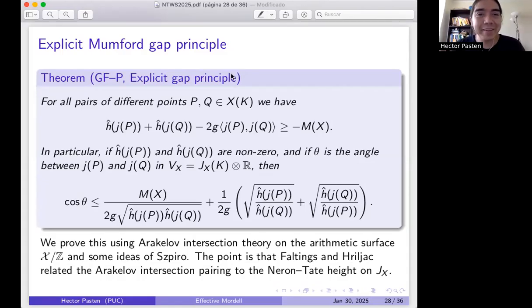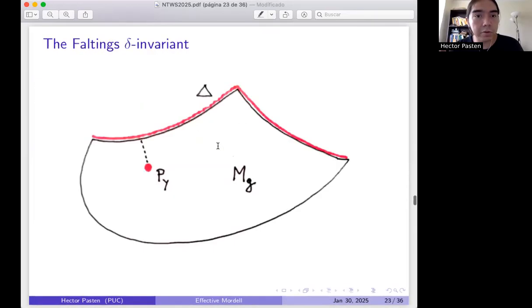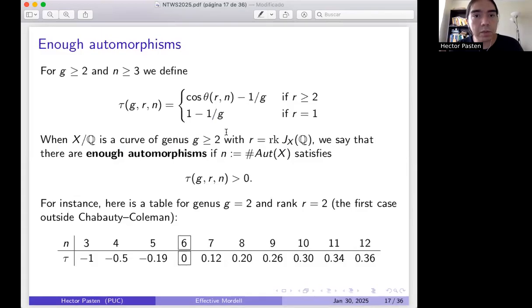Oh, by the way, something I should say is that if you fix the rank, the larger the genus, the smaller the bound. So larger genus helps. I don't remember the number, but I can tell you that larger genus helps because the genus is here. If you get a large genus, 1 over g is small, and then you're subtracting a smaller number, so you have better chances for this to be positive.